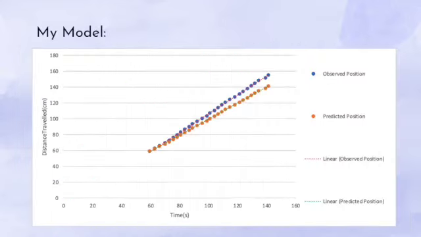As I said, the graphs are very similar. They differ only slightly at the end because the predicted value was calculated using the initial velocity from the observed values. We calculated the initial velocity by subtracting the first position value from the second position value and dividing by the change in time. I then inputted this slope into GlowScript to calculate the predicted values because there was no acceleration to alter the